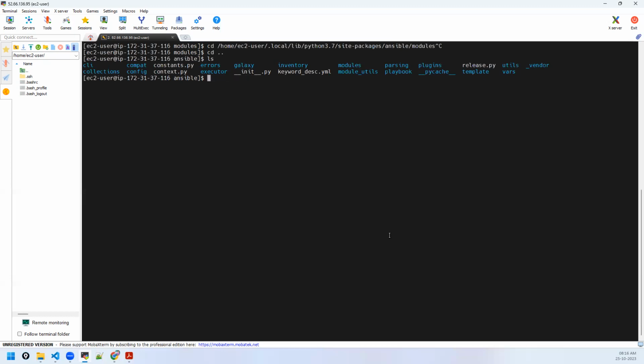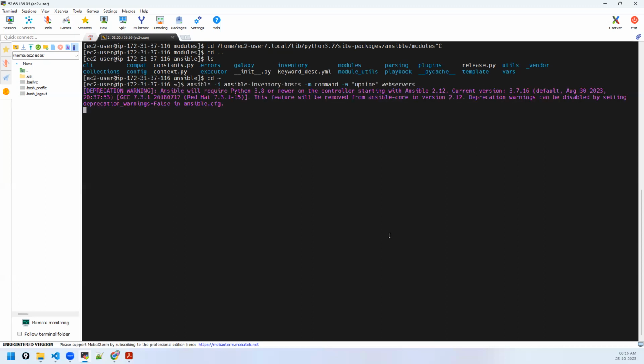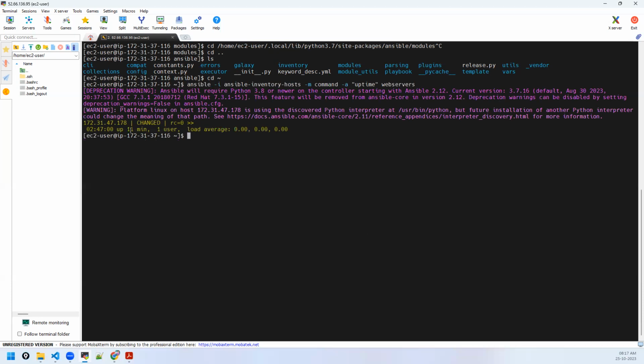Okay, the inventory file is not present here, it's present here. Now I'm calling another module: ansible -i inventory -m, let's say the command module. And let's say I want to check, -a for argument. You may pass some arguments like uptime. I want to know the uptime of all the targets present in this group. See, 11 minutes.